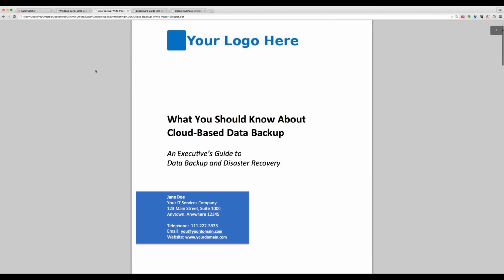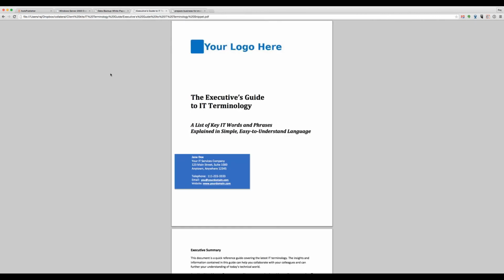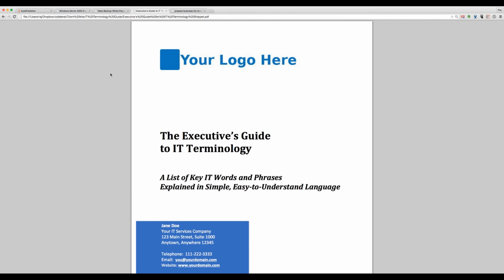We've got others too. For example, the data backup marketing kit has information about cloud-based data backup. By the way, these kits also come with PowerPoint slide decks. So if you wanted to become a speaker and do a presentation, you could do that too. So you go to your local chamber of commerce or your local accounting practice association. They're always looking for good speakers, and we'll provide you with a slide deck to use. And since it's in PowerPoint, you can take out a slide, add a slide, makes it very simple. Our gold